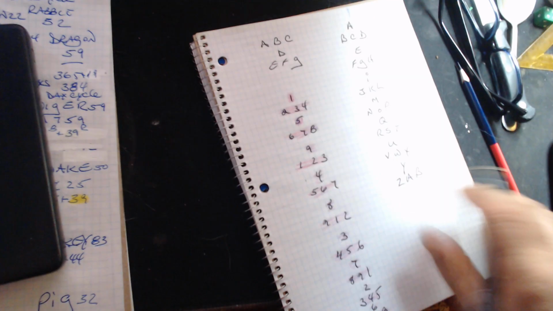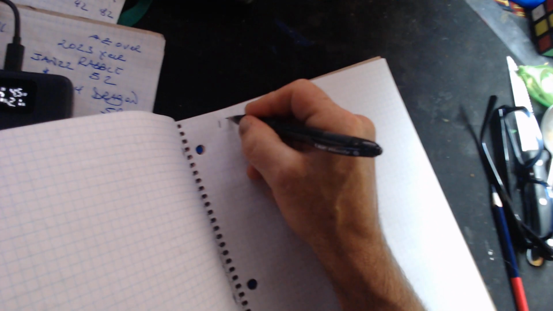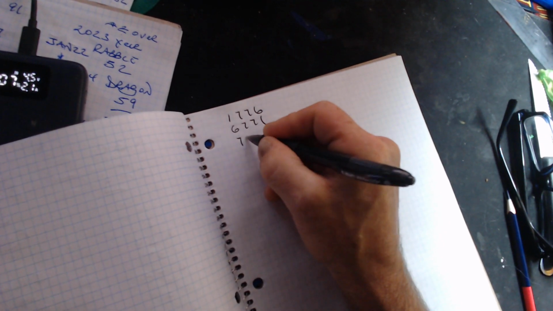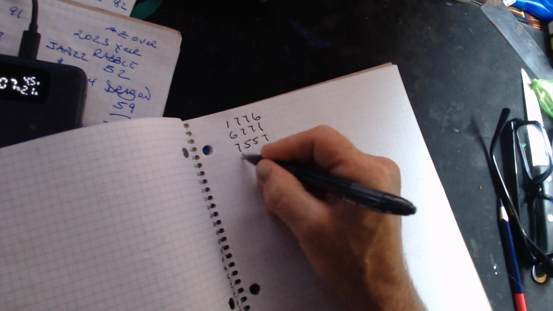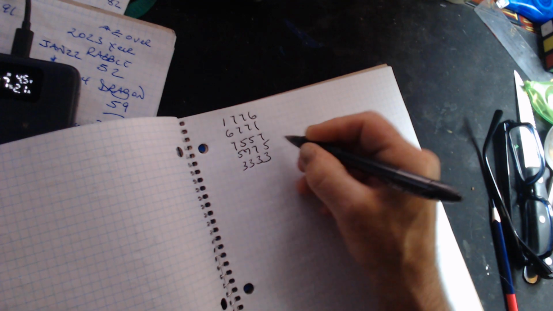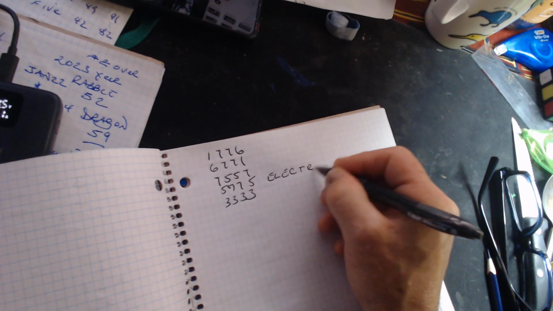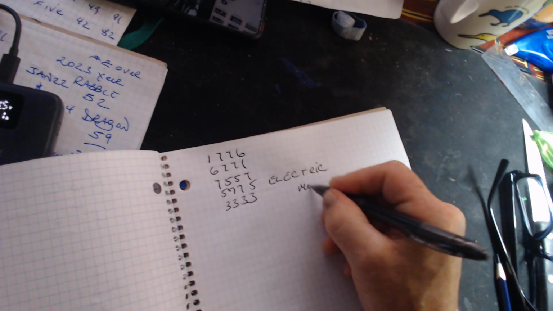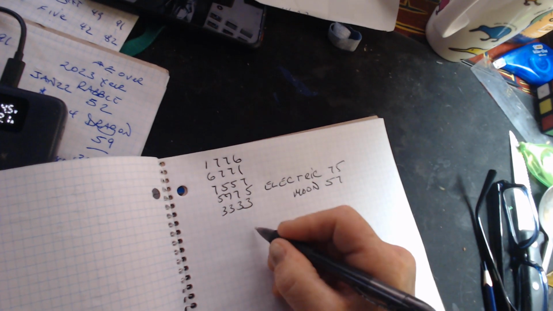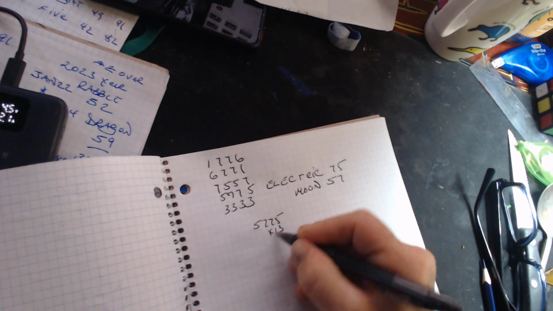Just a quick note on 1776. 1776, 6771, 755, 757, 75333. Electric moon, 5775. If you want to take a look at 5775 and multiply it by the 13 moons a year is